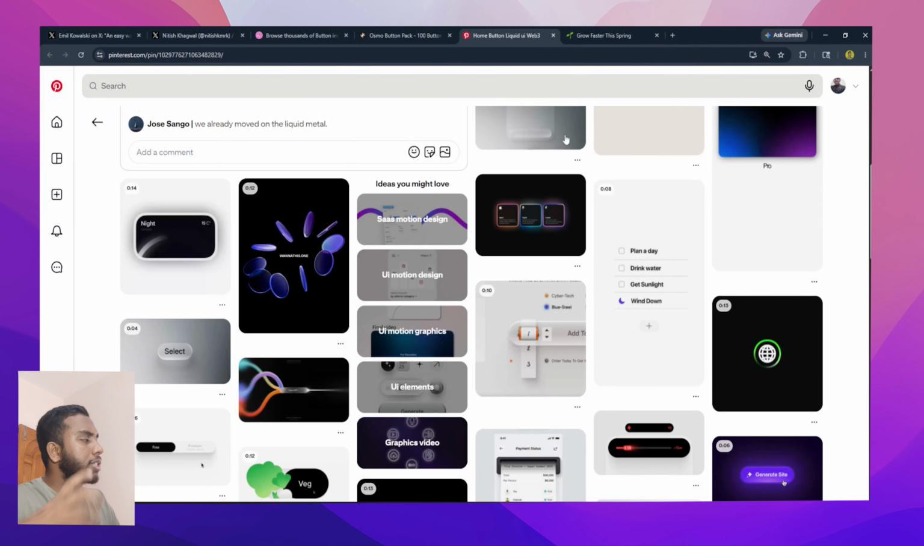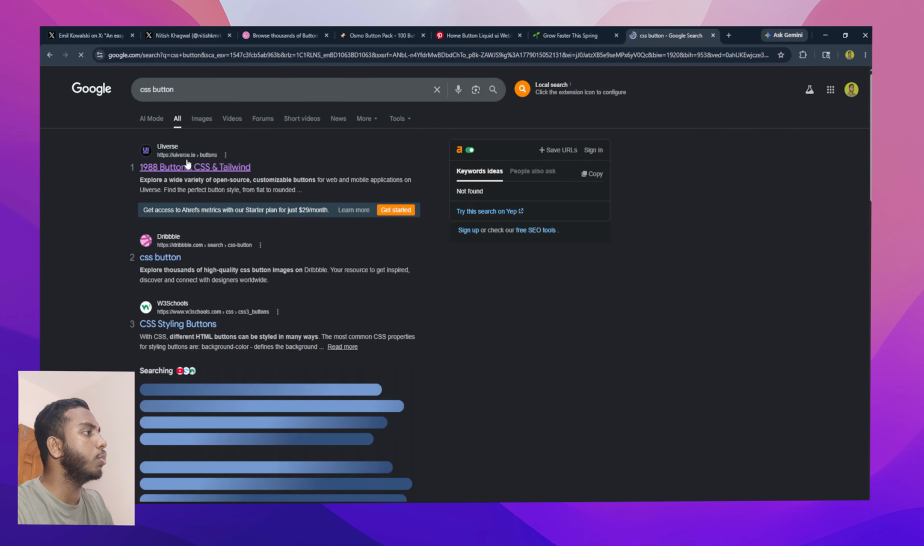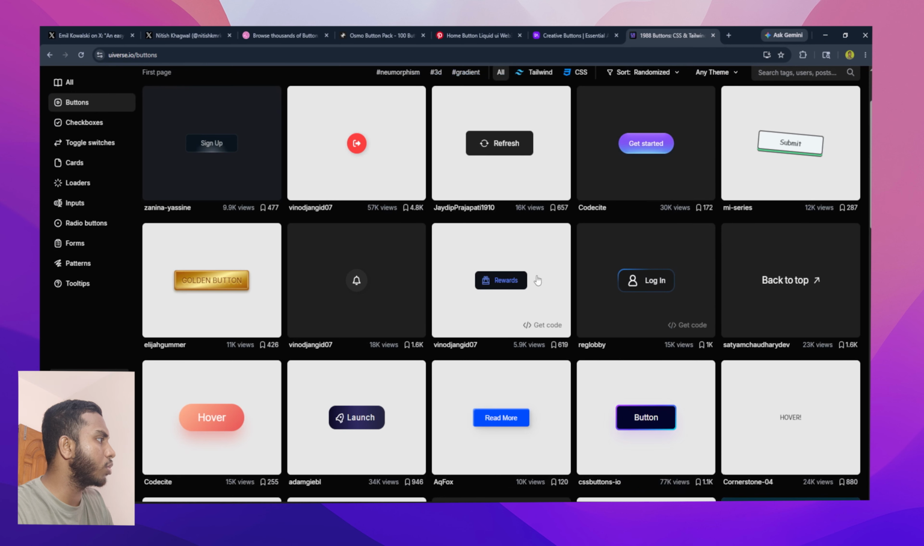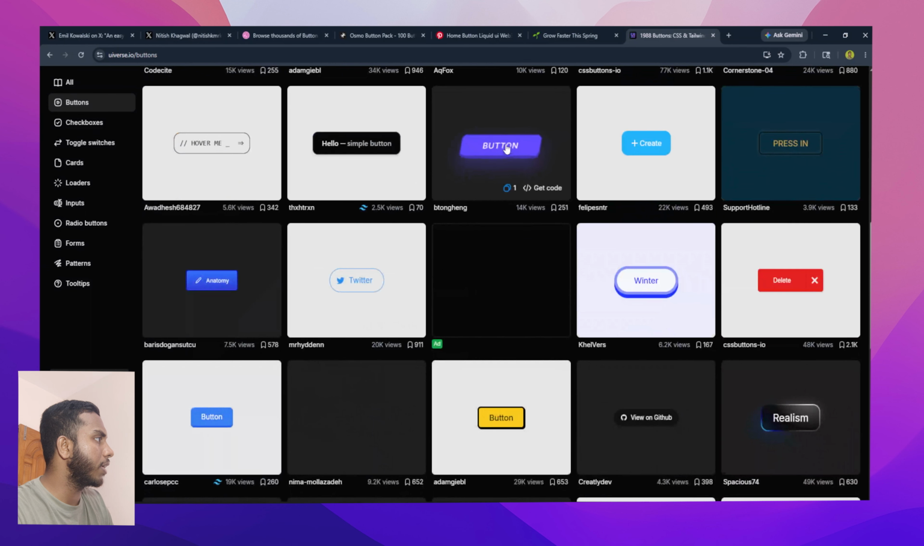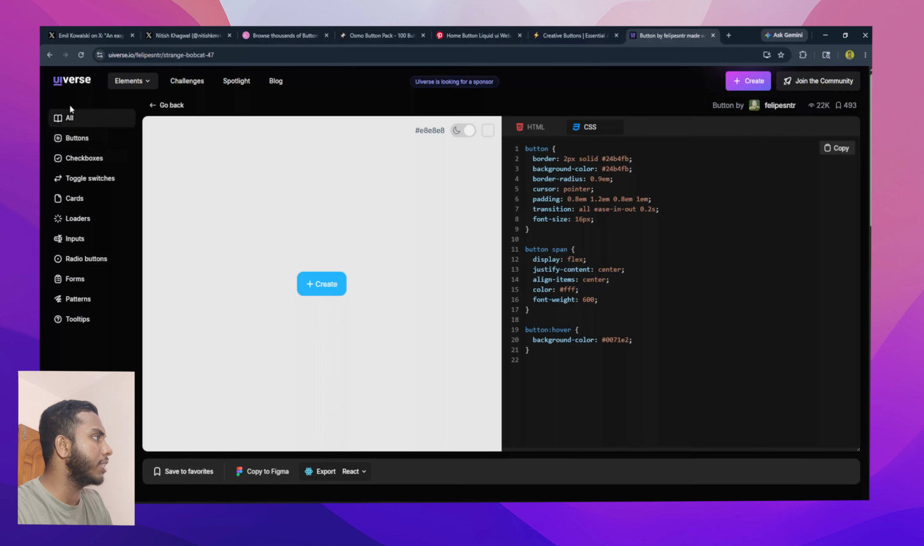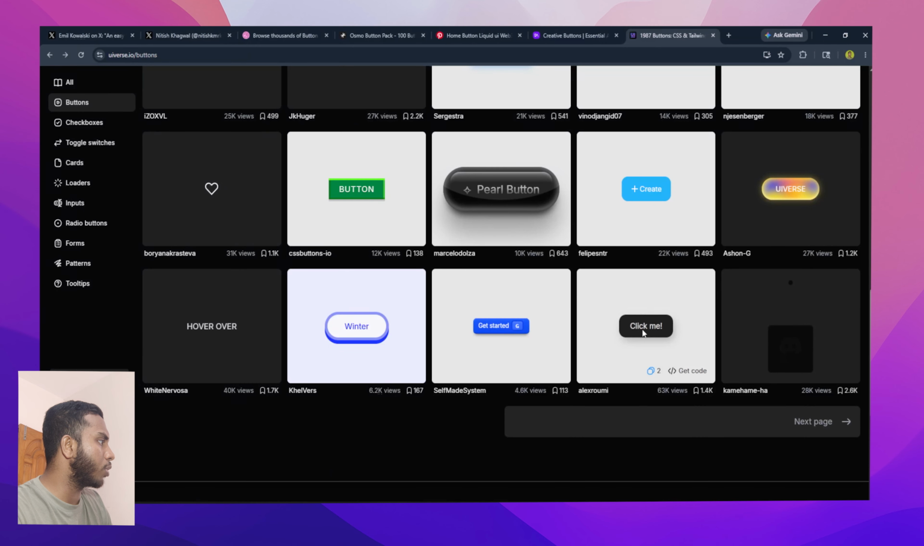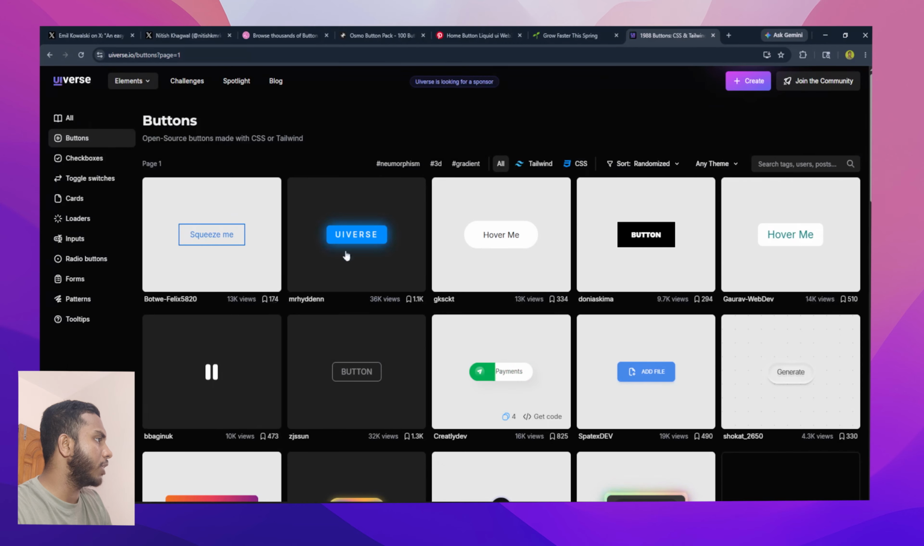There are some places from where you can get buttons. This one is UIverse, and if you go there, you can see buttons. It has so many buttons, and it's all based on CSS. It has so many pages, and every button looks cool. Every button is free, right? So you can easily use it in your project. Oh, that looks cool. And if I go to another page,